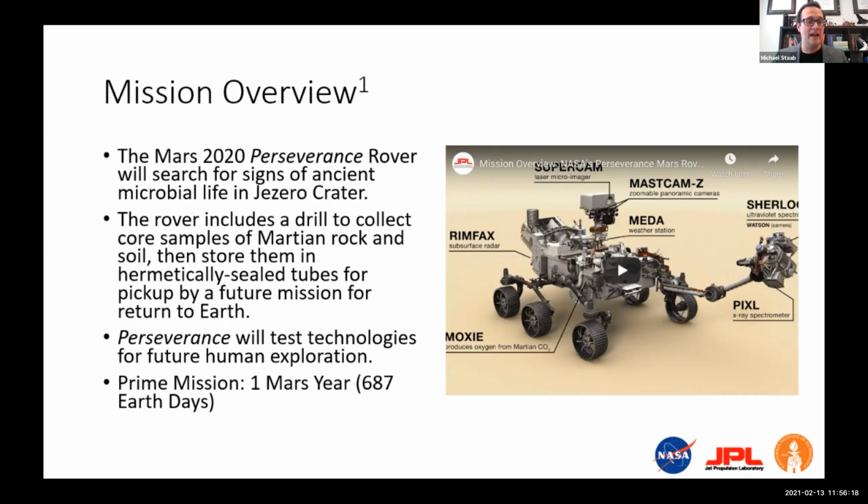Now, the prime mission, and this is very important. The rover is designed to last for a single year on Mars. That's about 687 Earth days. Now, the rovers typically are really good. We take really good care of them, so they can last much longer than their prime mission. Curiosity, for instance, is going into its 9th year on the surface of Mars. It too only had a prime mission of 1 year on the surface, but